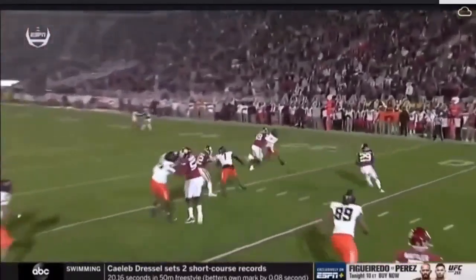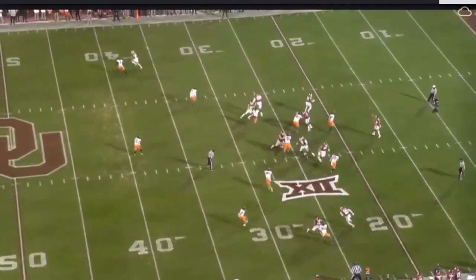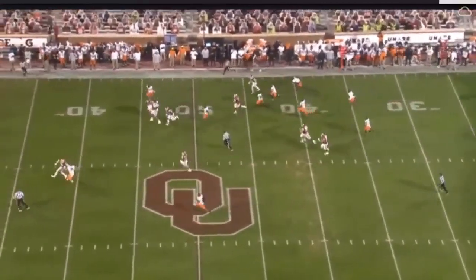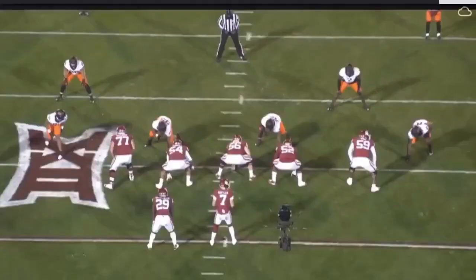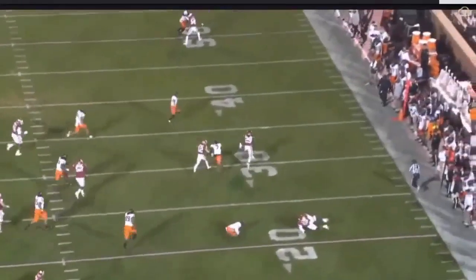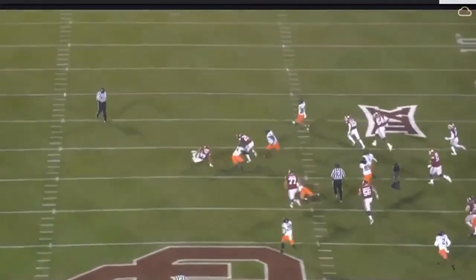So really, what we want to see for turned on him is we want to see the block setting up as either a front block or a side block, similar to when we think about a block below the waist, a defender stepping over it, and we don't have to open that huge can of worms. But the same principle, we want to see he's going to block him in the front, in the side, in the side. Oh, wait, he hit him in the back, right? We want to see it being established as a legal block, and then the defender do something at the last second to make it look like an illegal block,